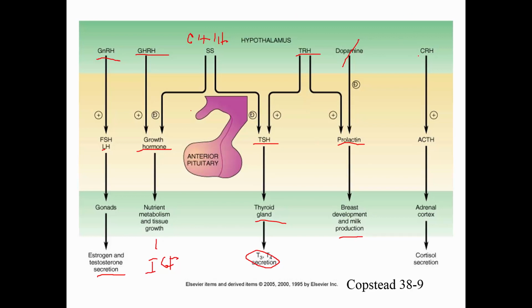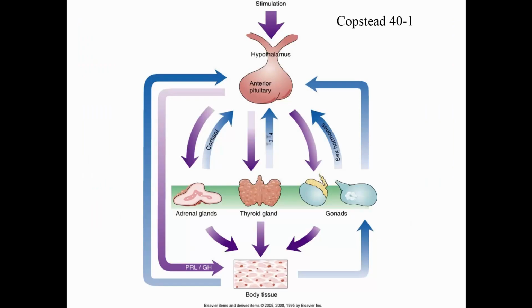Finally, we have corticotropin releasing hormone going through the portal system, activating the anterior pituitary to produce ACTH. Then that's going to go to the adrenal cortex, the outer portion of the gland, and then we get cortisol secretion. Cortisol is released with stress, so when the stress is over, we want to have a way to feed back and turn this off. So feedback is a very, very important part of endocrine control.